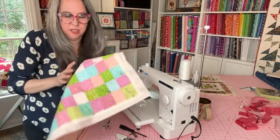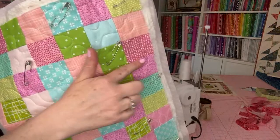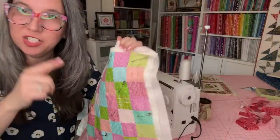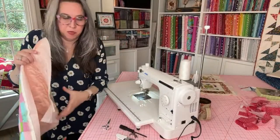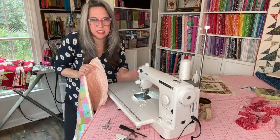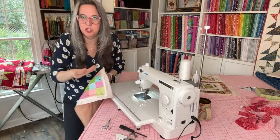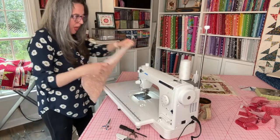Can you hear the machine? Sometimes I can hear it because, kind of weird. But once you get into the groove of it, you got to become one with your machine. The stitch, the speed at which you're moving your fabric, how heavy you're pushing your pedal, and then